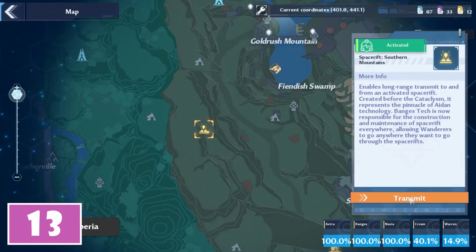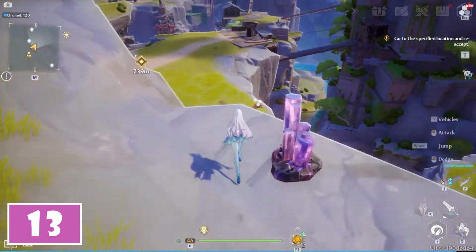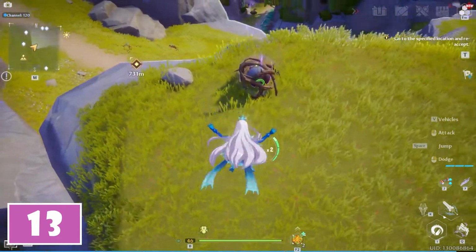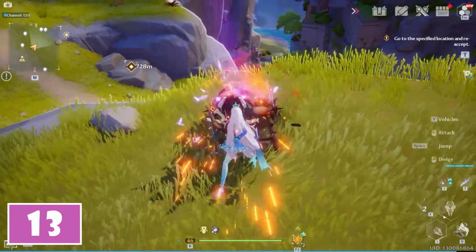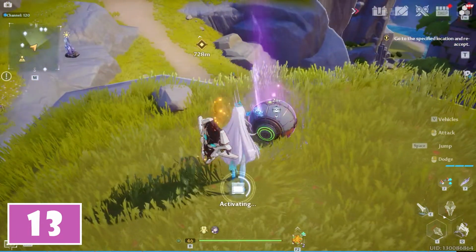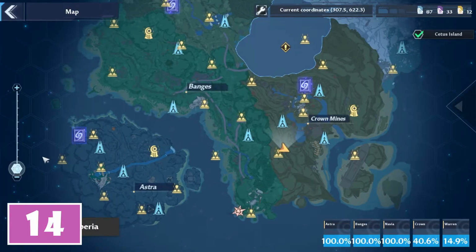To be precise, you need to use the space rift called the Southern Mountains. Now reach the overhanging immediately in front of you and jump down. At the edge of the next hill you will find a pod covered with some thorn vines. Attack it with a fire weapon in order to free it up and then you will be able to loot the 13th supply pod. For the 14th, keep exploring the central left side of the map, where you have to